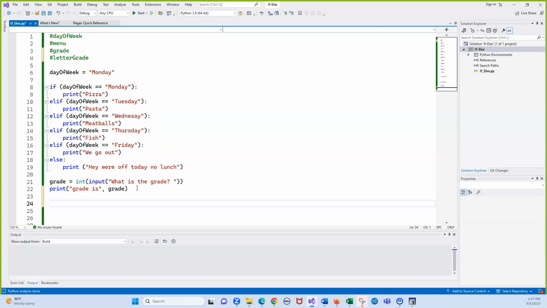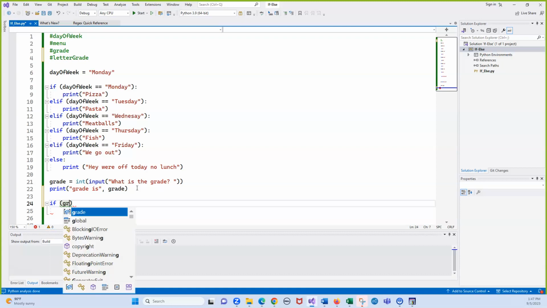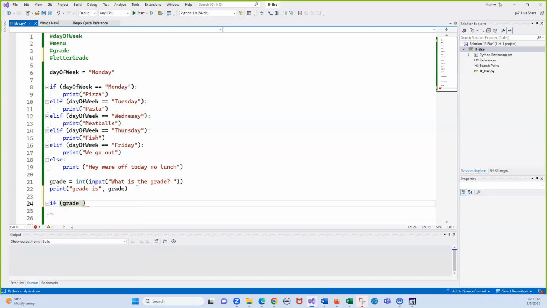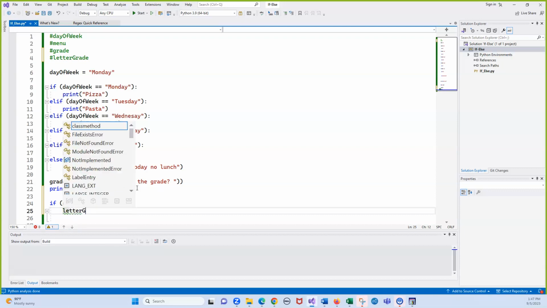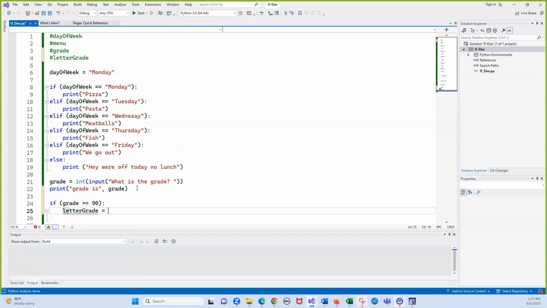So the first thing we're going to do is: if grade is greater than or equal to 90, then letter grade equals A. And then we'll do else,